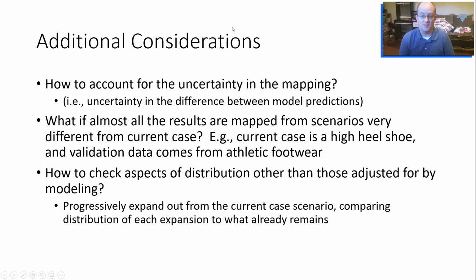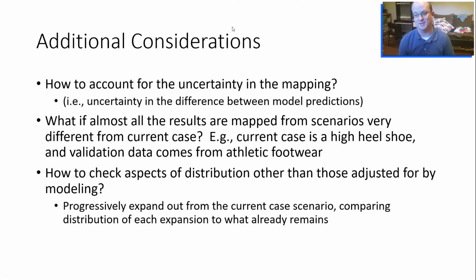So some additional considerations. One, this is a prototype implementation. It is based on real data, but we're only considering a single model here, just the application of the random forest for the particular factors that we've chosen. And it'll be important to acknowledge the uncertainty in the mapping. So when we're converting or moving the results from one scenario to the currently considered case, that's dependent on the model predictions. And we need to capture some of the uncertainty in that modeling to fold that into the range